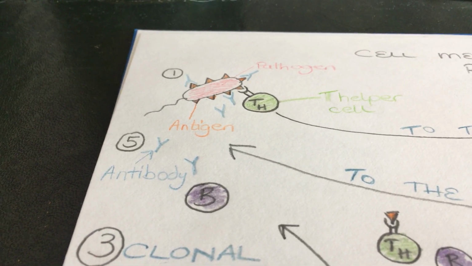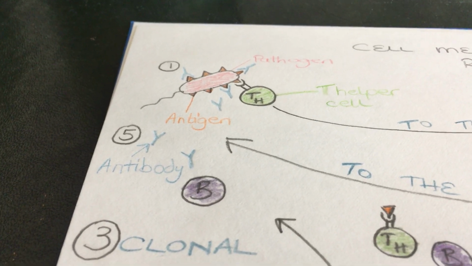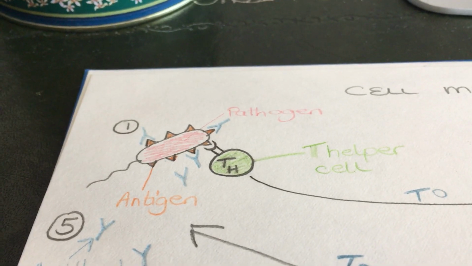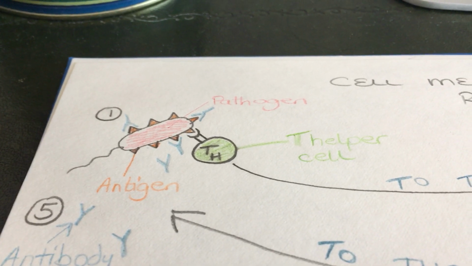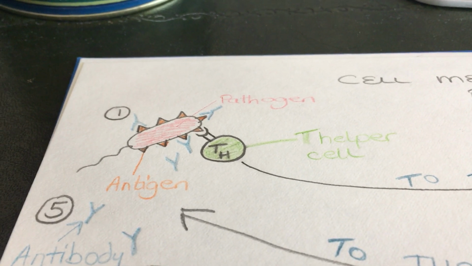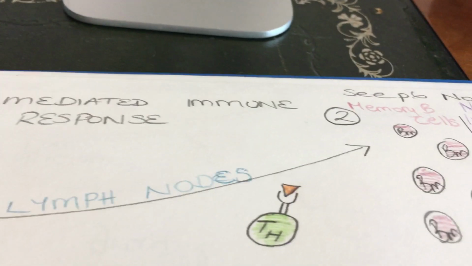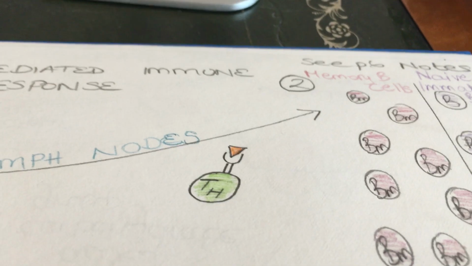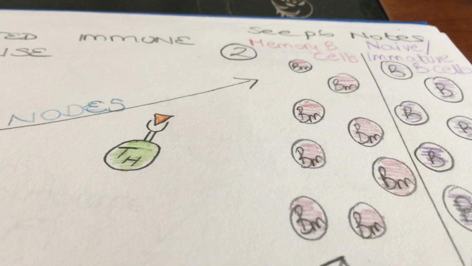So if you're reinfected by this same pathogen with the same antigens, what will happen is that the T helper cell samples again. It becomes an antigen presenting cell. There are other types of antigen presenting cell; this is just one, the T helper cell. But it's able to sample that antigen and go to the lymph nodes. They usually go to the nearest lymph nodes to the infection site, and this time be able to pick up